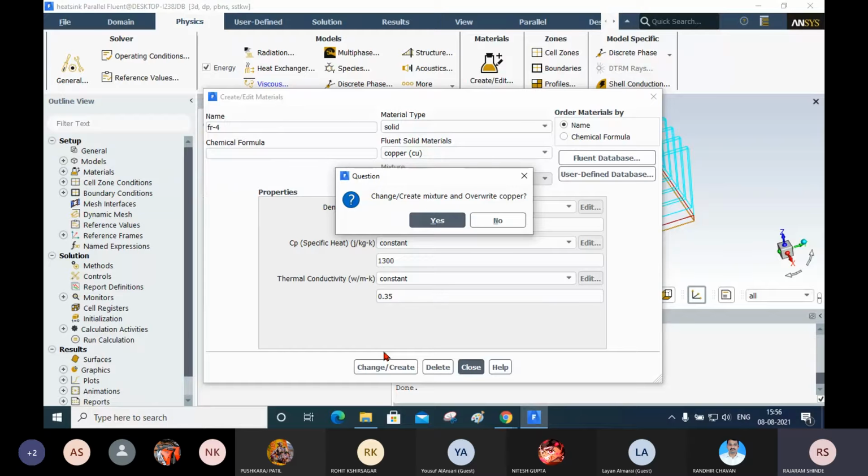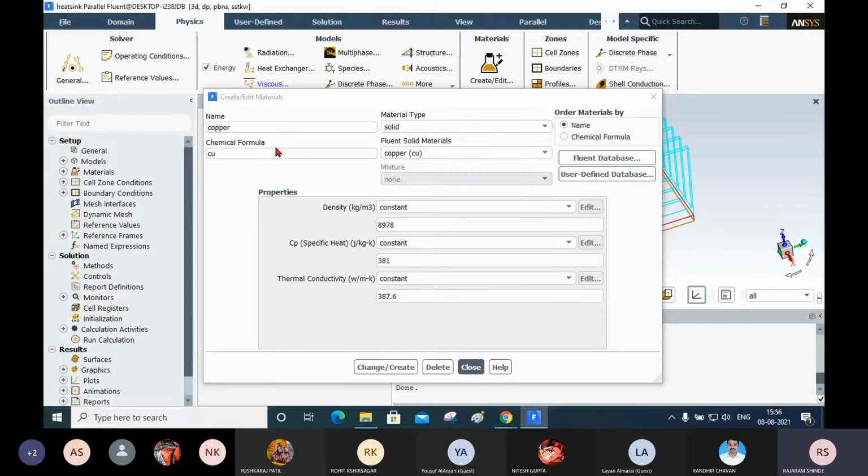So when we want to create a new material from the old material, you have to click on the no button. When we click on the no button, your additional material will be added here. You can see in the Fluent solid materials, aluminum is the default material, copper we have added, as well as FR4 also we have added.